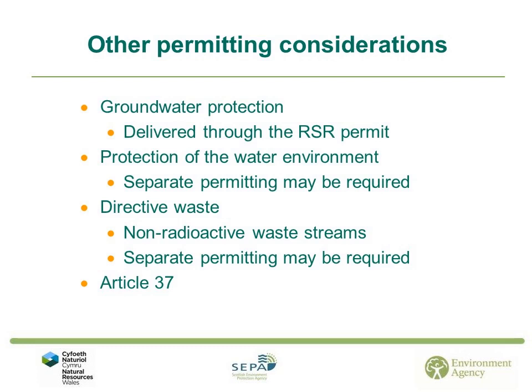Other permitting considerations. This training is focused on radioactive substances regulation. However, it is important to remember that other legal obligations apply to nuclear sites, and these will also need to be complied with. While we do not attempt to describe them all here, we want to draw attention to the most relevant ones. Firstly, we will briefly consider other environmental regulations, including those relevant to groundwater, protection of the water